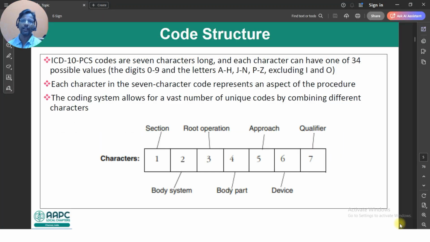As all of us know, ICD-10-PCS has 7 characters. We have learned section, body system and root operation in part 1 and part 2. So in today's session, we are going to see body part, 4th character, approach, 5th character, device, 6th character, and